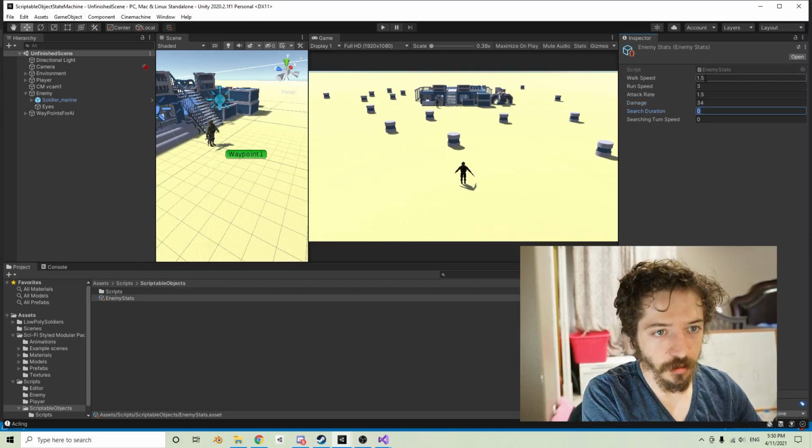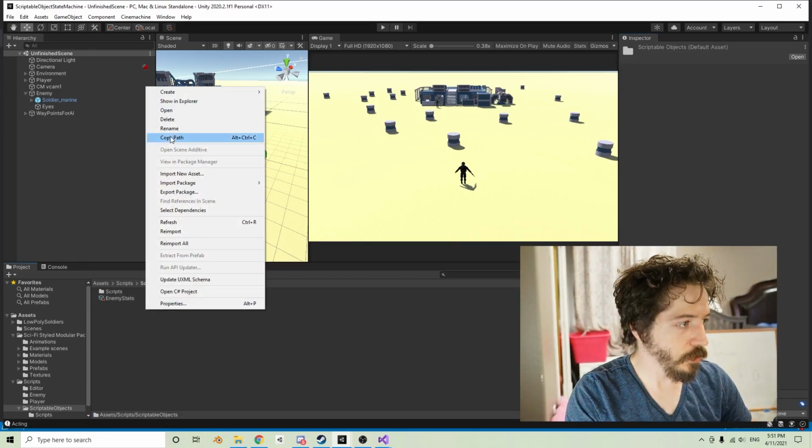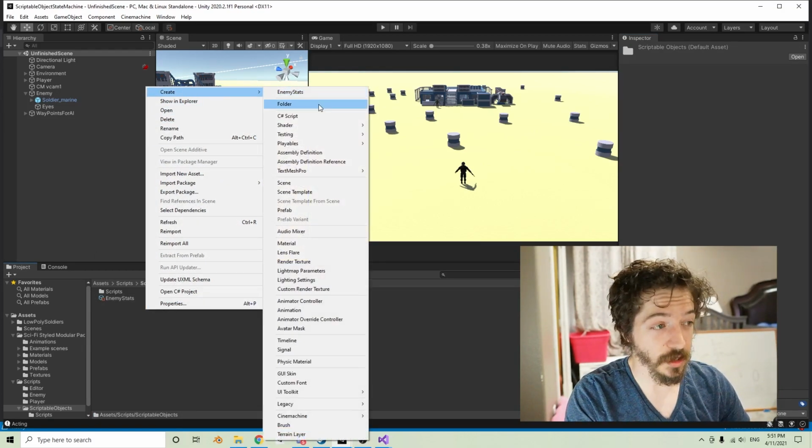This is just, you can set it whatever you want. This is just for this little test here. So these are the values I'm going with. So now let's move on to the state machine, which is basically all based on scriptable objects and plugging in